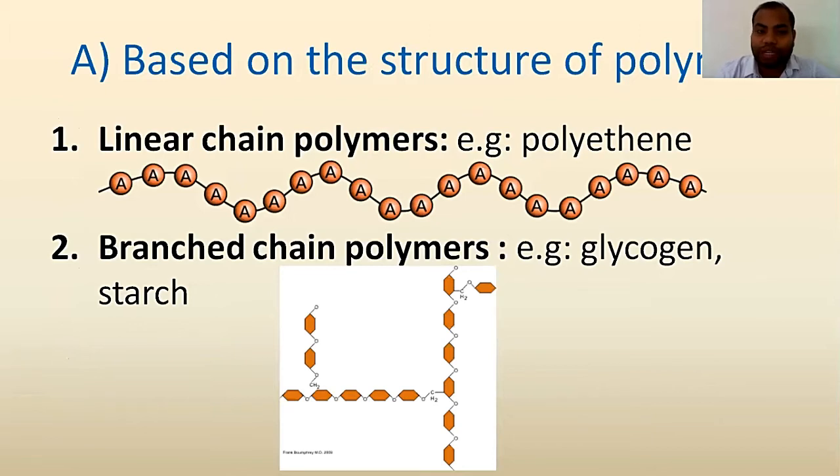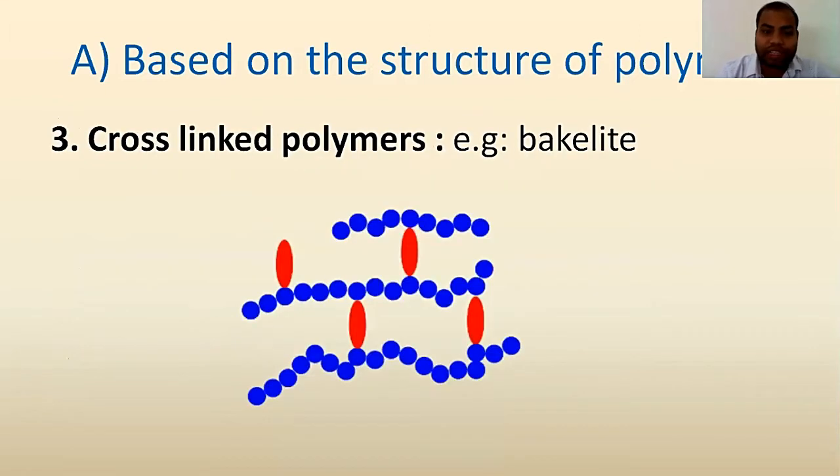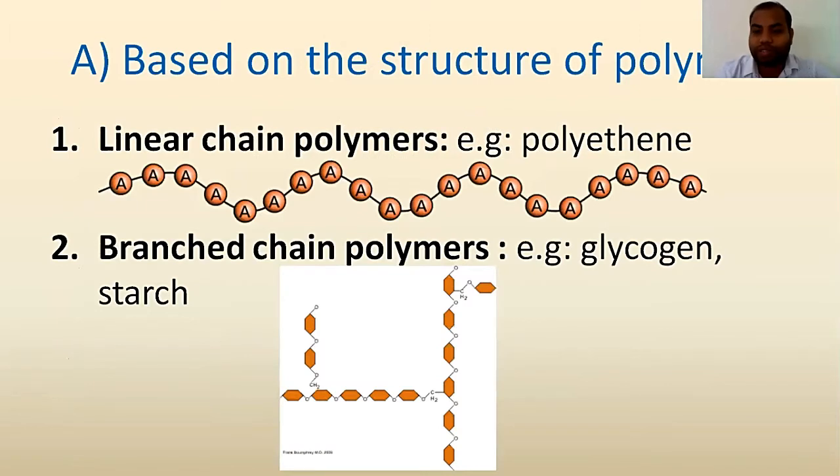They can be of three types: linear chain, branched chain, and cross-linked polymer. Now we are going to see one by one. First, linear chain polymers. As the name suggests, linear means in a line. If the monomers in the polymeric structure are in a single line and there is no junction or branching of other molecules, then it is known as a linear polymer. Suppose one chain is there and no branches are hanging, like polythene. Polythene is the polymer of ethene or ethylene, the simplest alkene.